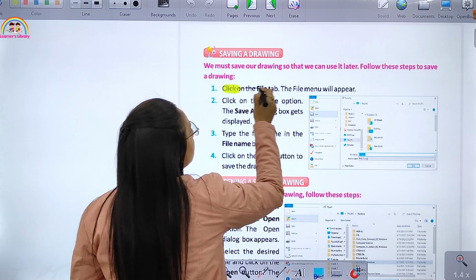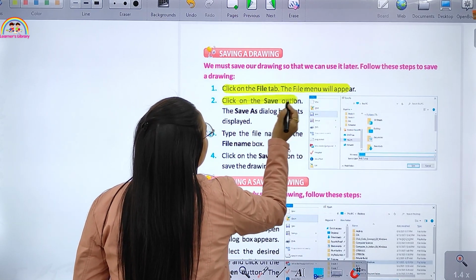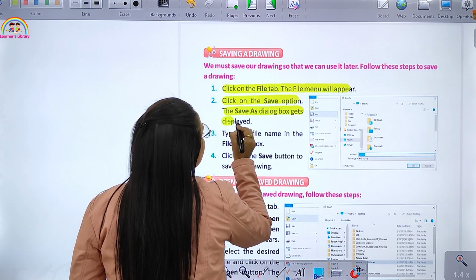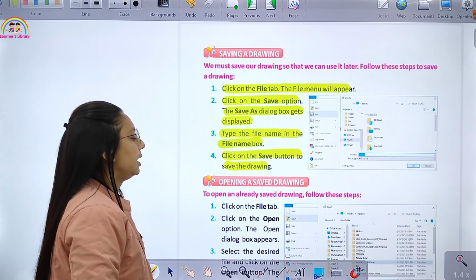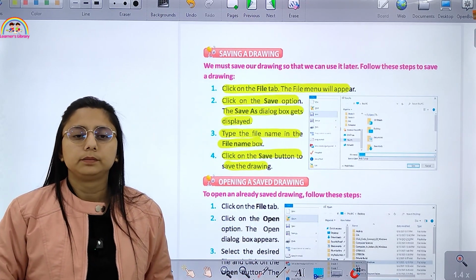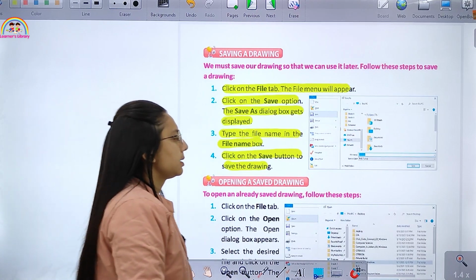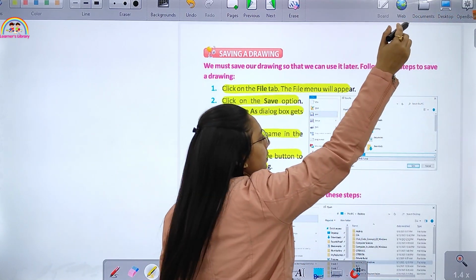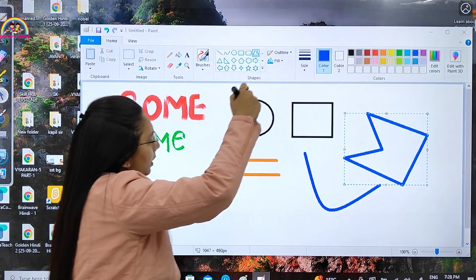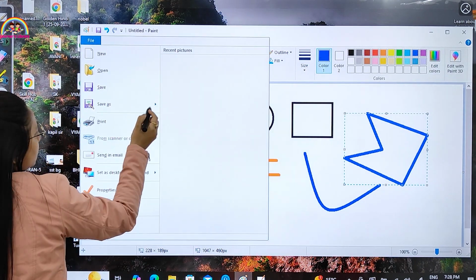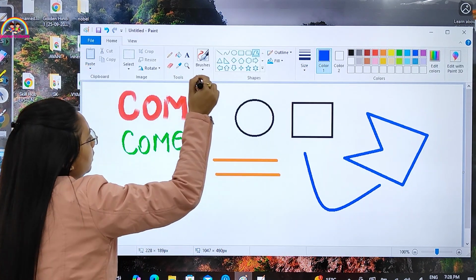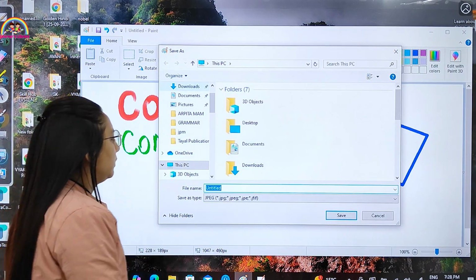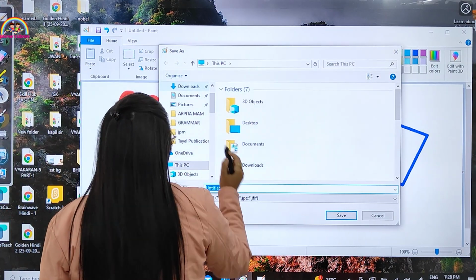First of all, click on the File tab. The File menu appears. Click on the Save As option. The Save As dialog box gets displayed. Type the file name. Click on the Save button and you can save the drawing. Right? Let's save the drawing. You will go to the File option, Save As option, whatever other format you want to save in, and wherever you want to save, you can save.